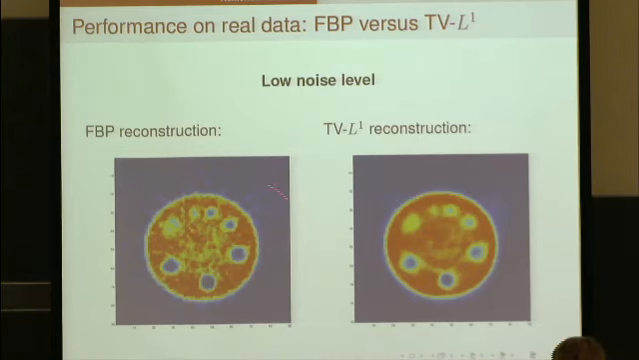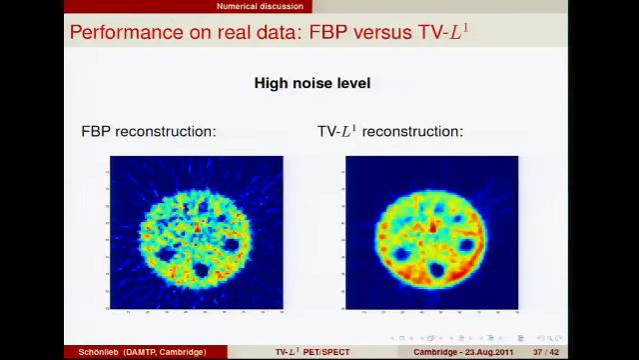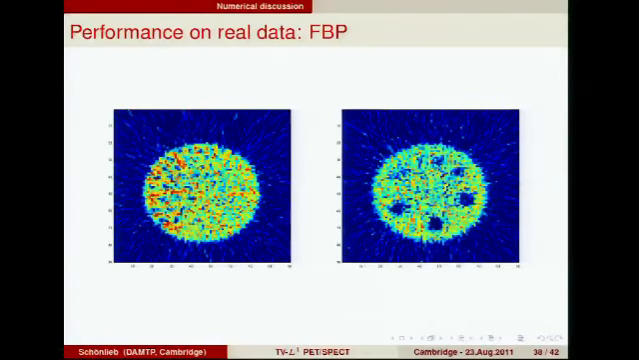So that's the filtered back projection results. This is the TV-L1 reconstruction. With higher noise level, you see this. And with even higher noise level, you see this. So it's not perfect, but we wanted to see how we actually resolve the small holes in this Jaszczak phantom. If we stay at this higher noise level, but we go to the finer section, the filtered back projection result looks like this,